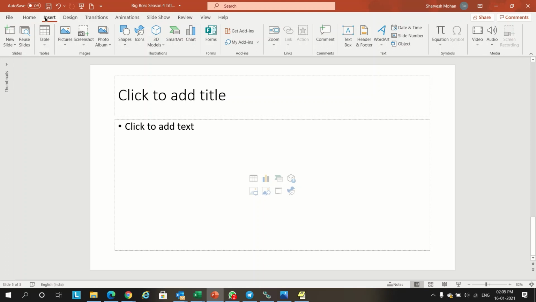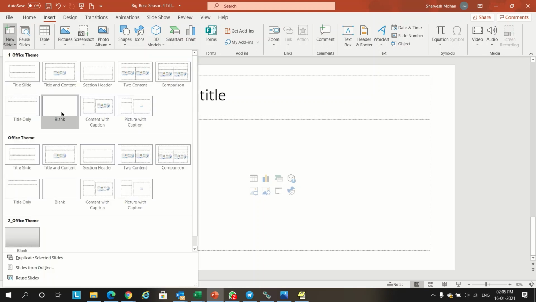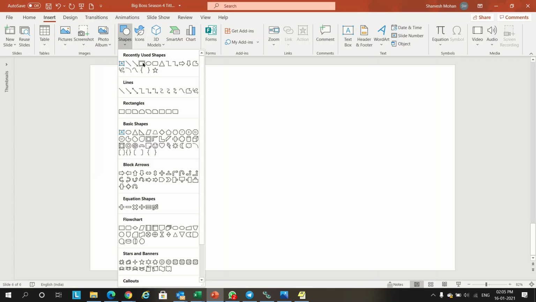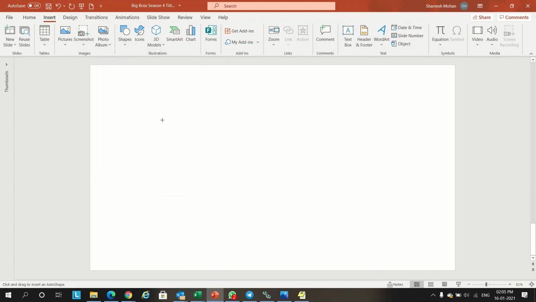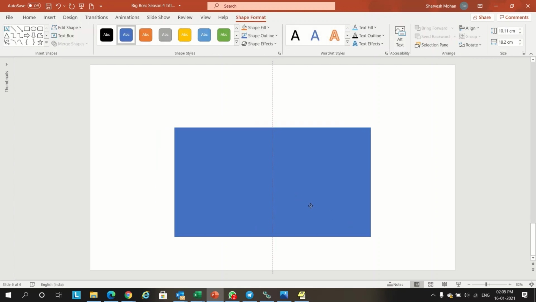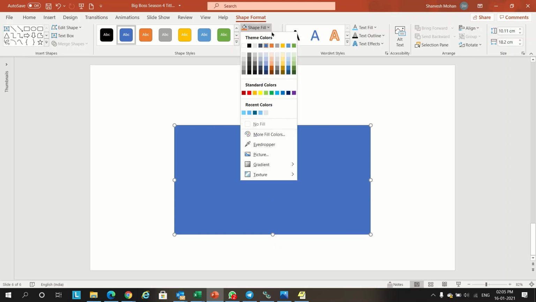Let's insert a new blank slide. Let's go to insert shapes. We'll pick up a rectangle. We'll draw an envelope like this, and we'll give a different color.